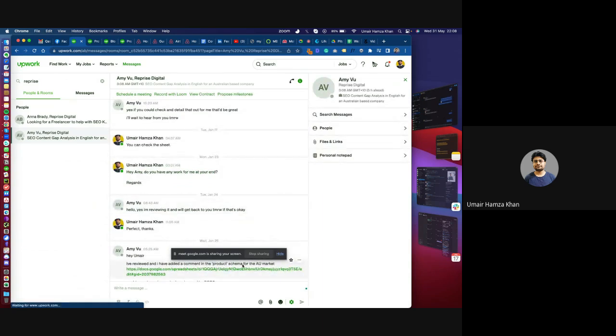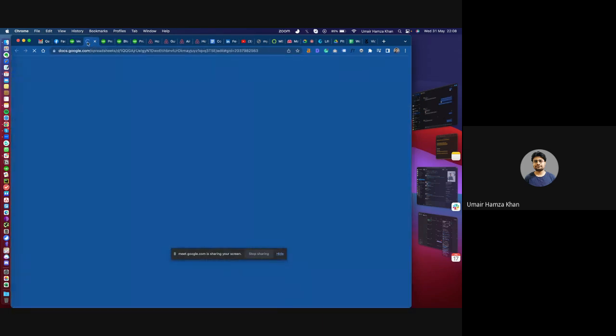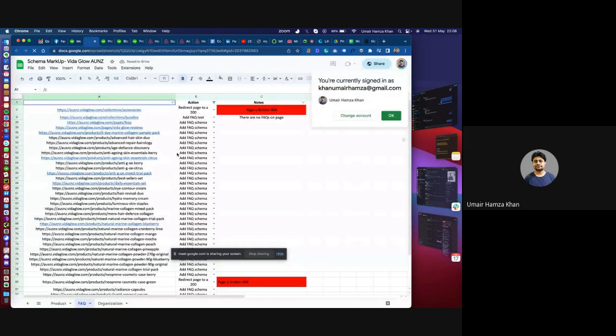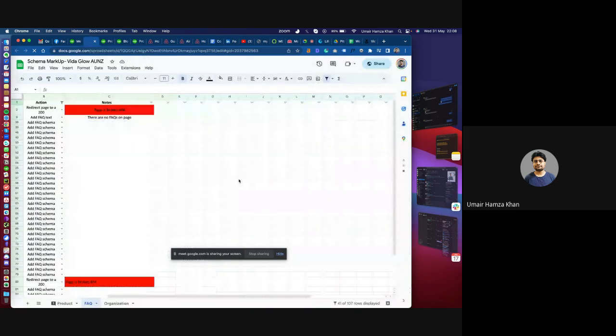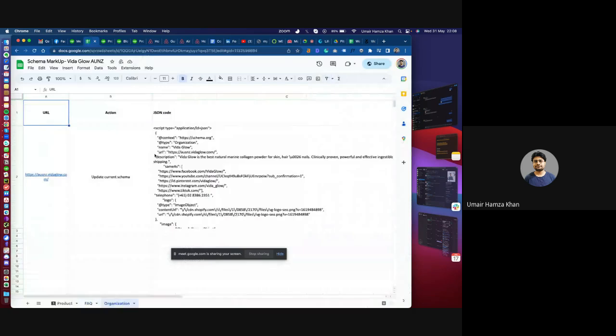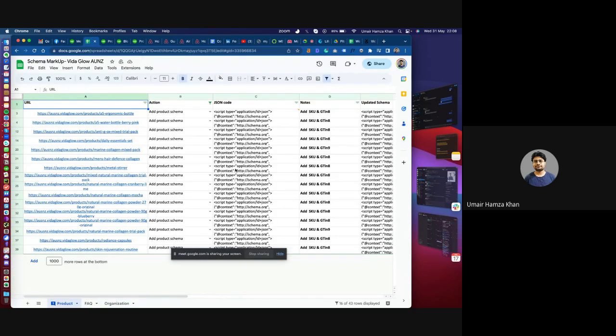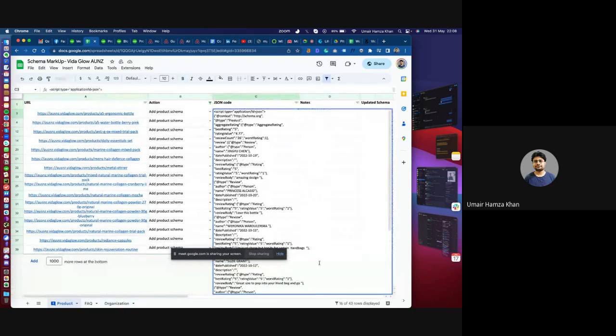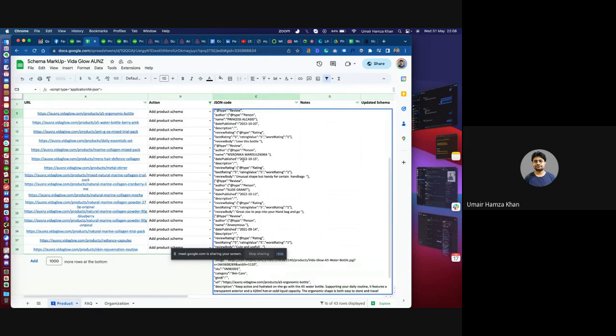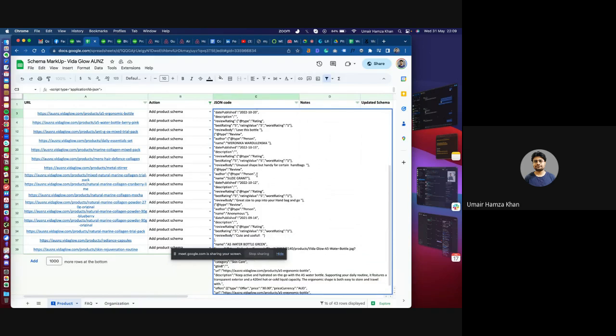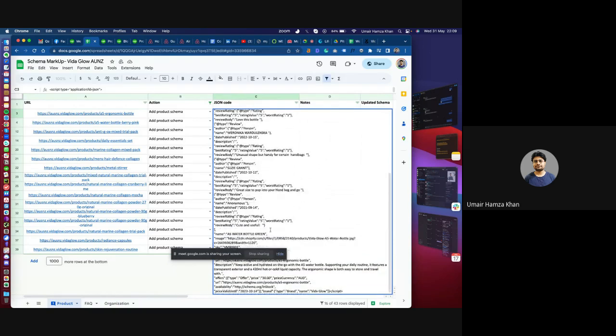So in the product schema for the AU market, these are all the schemas. I have worked one by one for all the URLs. For example, this is the organization schema, and these are the product schemas. Add product schema. This one is a JSON code: what's the rating, person review and aggregations, and what is the name of the product, rating, size, and type, person, what's the shop image, like Shopify CDN, and